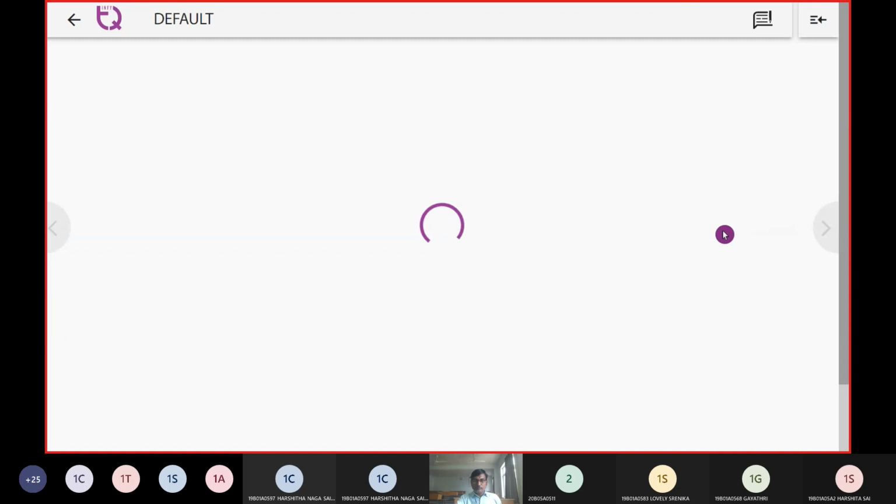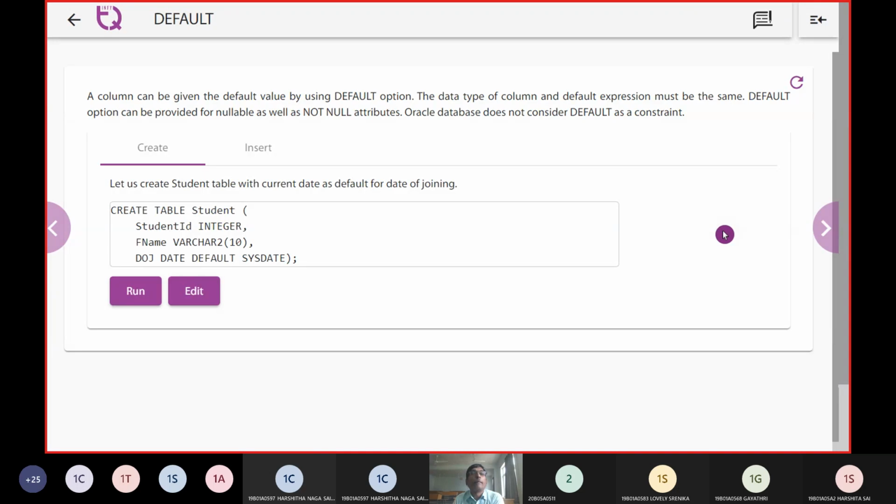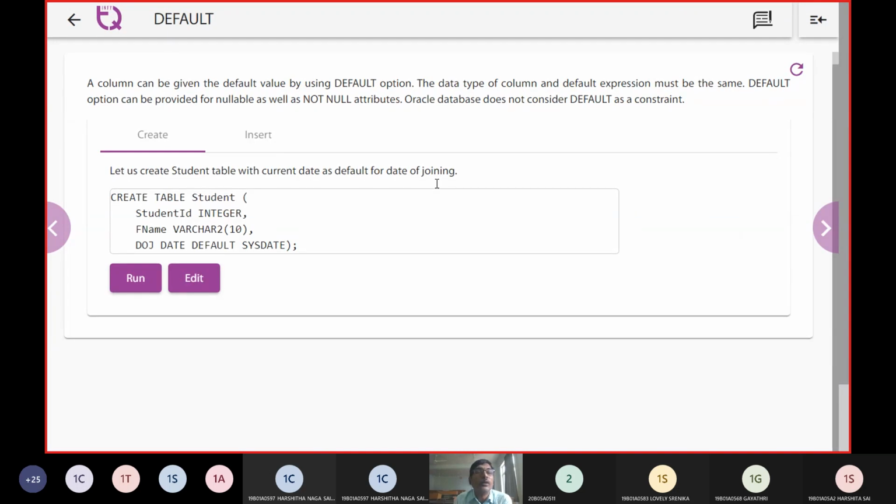Now coming to the first word, a column can be given a default as an option. So we have a default data type. I just mentioned that by default the date will be the system date. Even on mobile phones right now, we can't set our own clock.